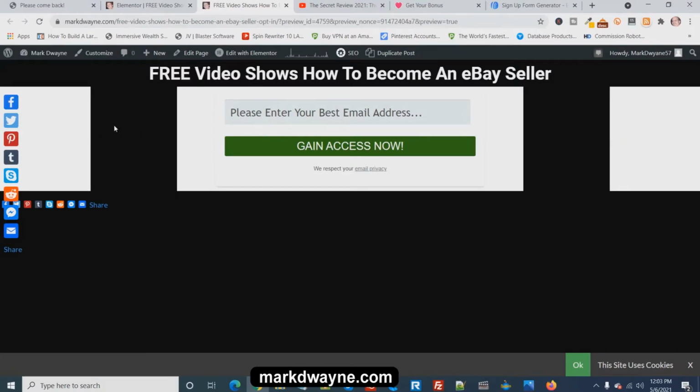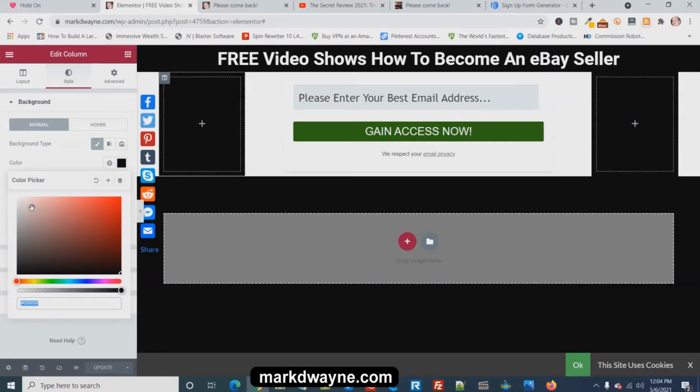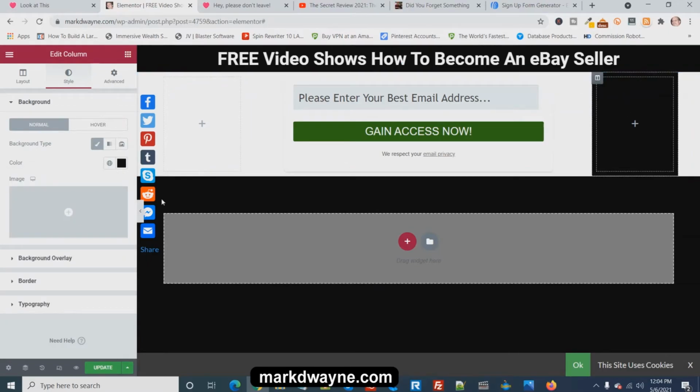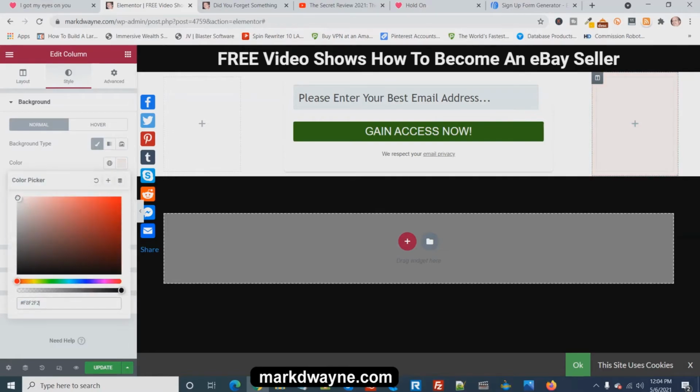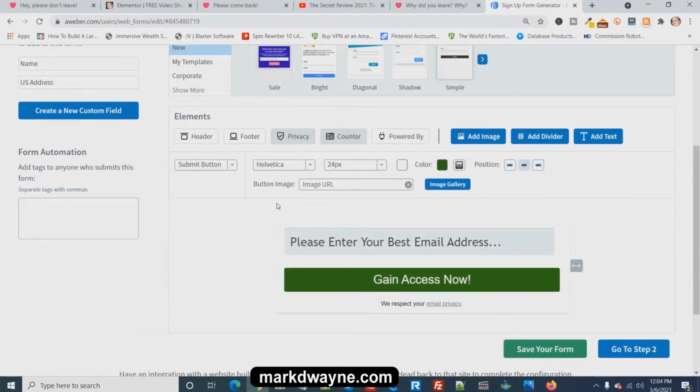See, I don't like this here because it's white over here, so I would get rid of that. So anyway, I'm just going to leave it, go back to white on that. Color, white. Go over here, push this thing up here, color, white. Or another option is you can make it completely black. And you can do that by changing the styling over here and making the background